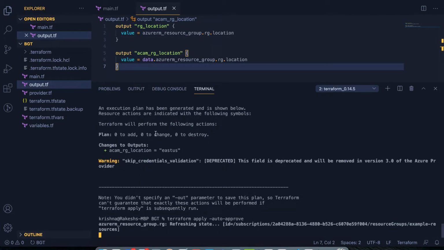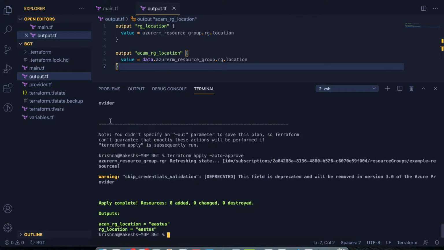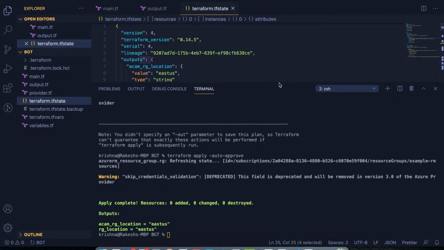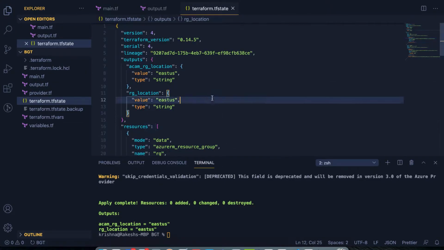Let's see if it is completed. Yep. Now if I go and open this file,